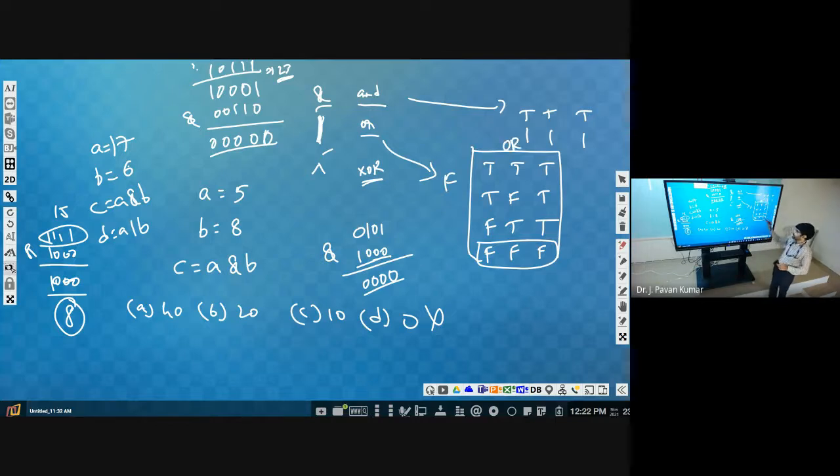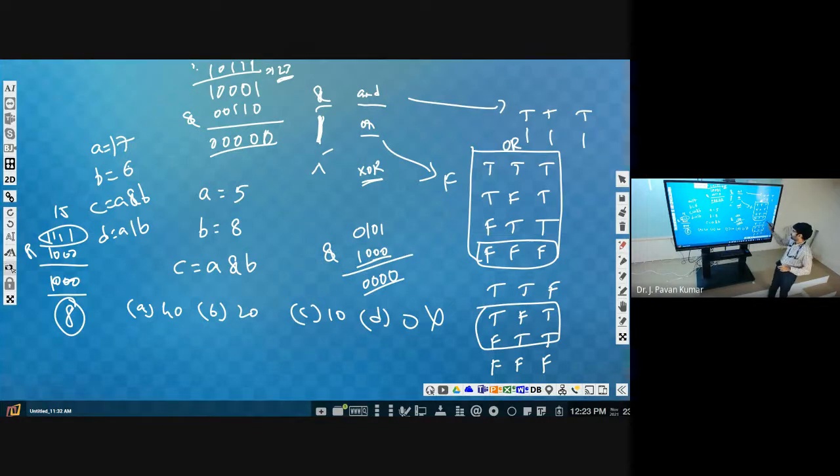But exclusive OR means whenever either of these two is true, then only it is true. If both are true, then it is not allowed. So what will be the truth table now? True, true, false; true, false, true; false, false, false. Either of these two is true, then only it is true.